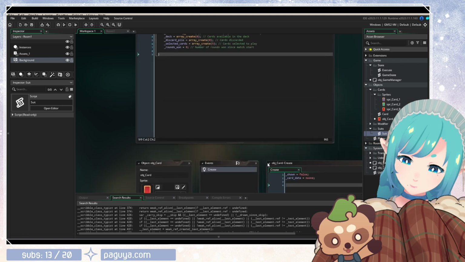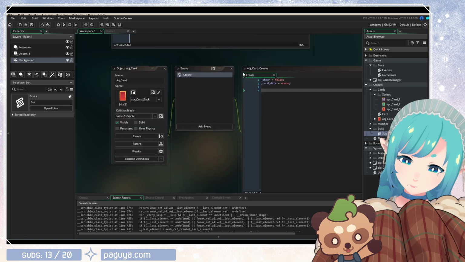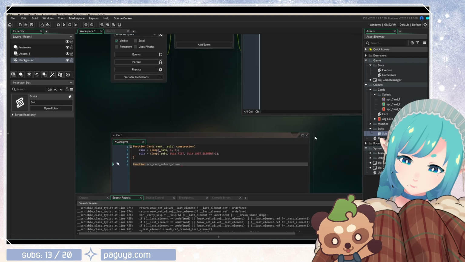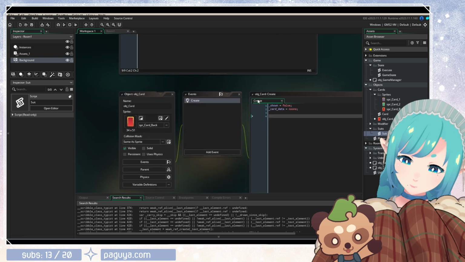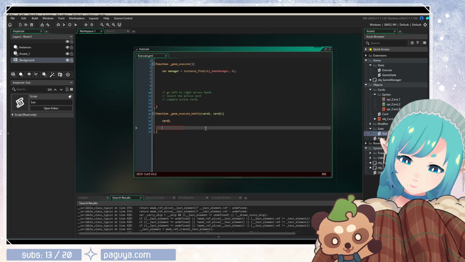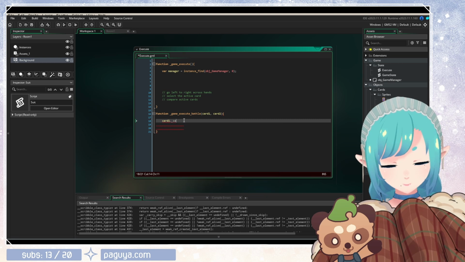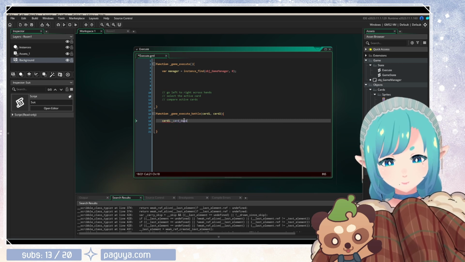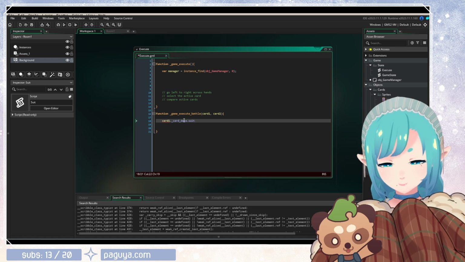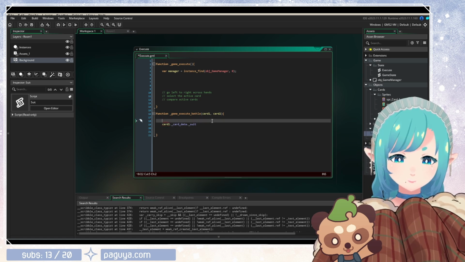Maybe. So basically you take the card data, right? Not suit. And you do